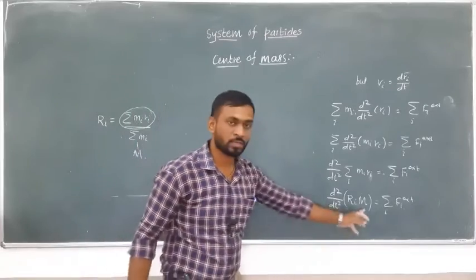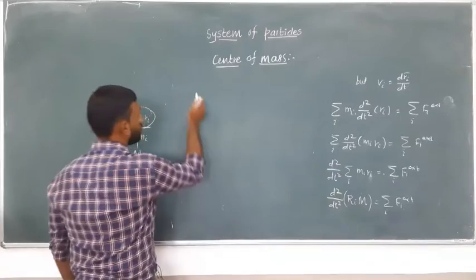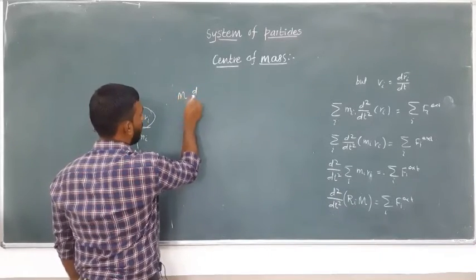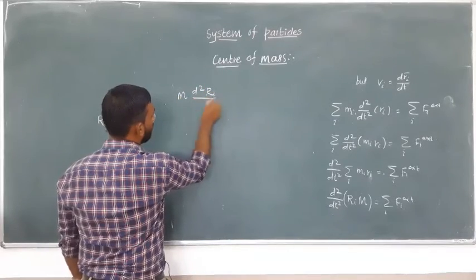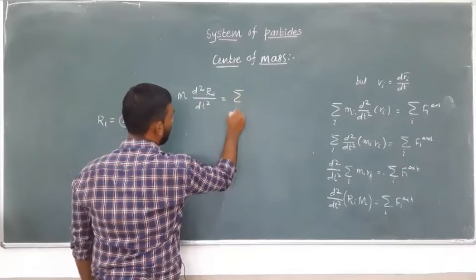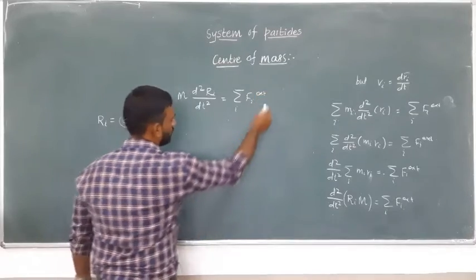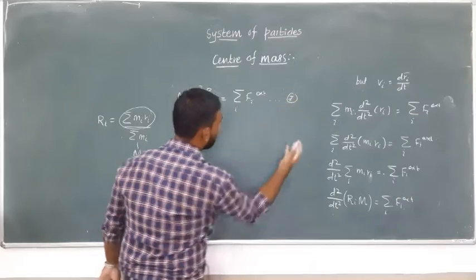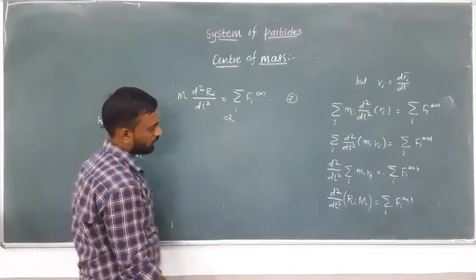So M again is constant, can I write it outside? Of course you can write this M over here. So M d2 R by dt square is equal to summation over i F_i external. This equation, subsequently, let's say equation number 7, or next equation you can write over here. Or this equation again, if I write this,